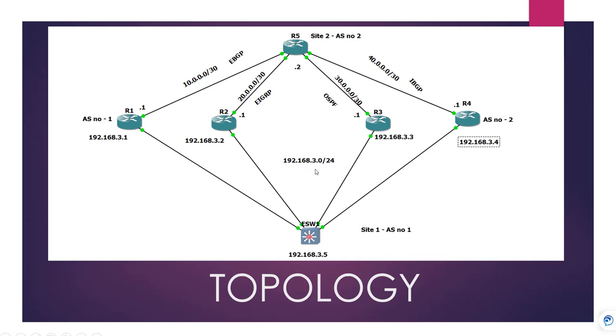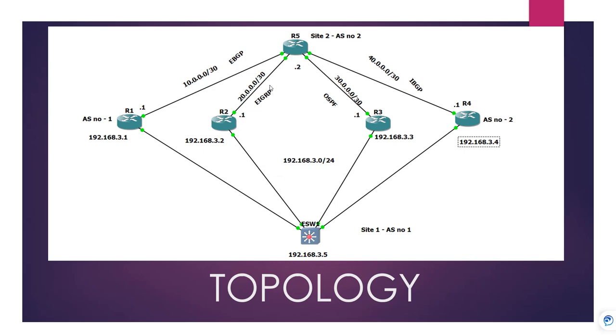192.168.3.0/24, where this LAN subnet is advertised to site 2, that is the R5 router, from R1, R2, R3 and R4. R1 advertises the LAN subnet using EBGP, which has a connected WAN interface subnet 10.0.0.0/30, and R1 AS number is 1 and R5 AS number is 2. R2 advertises